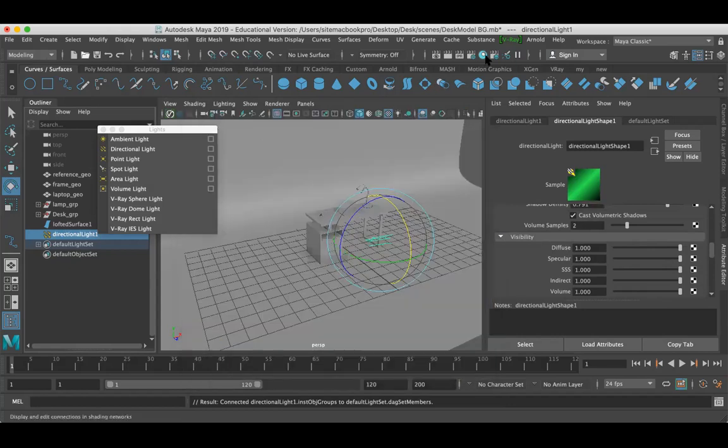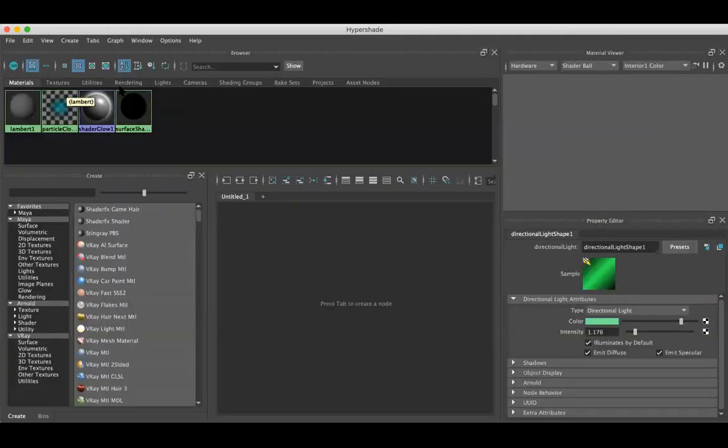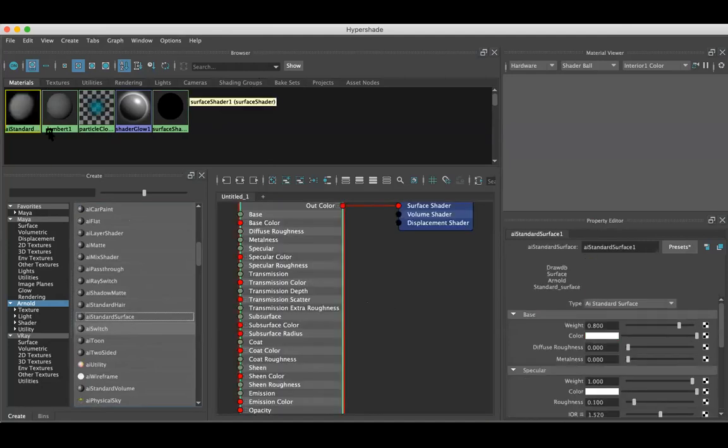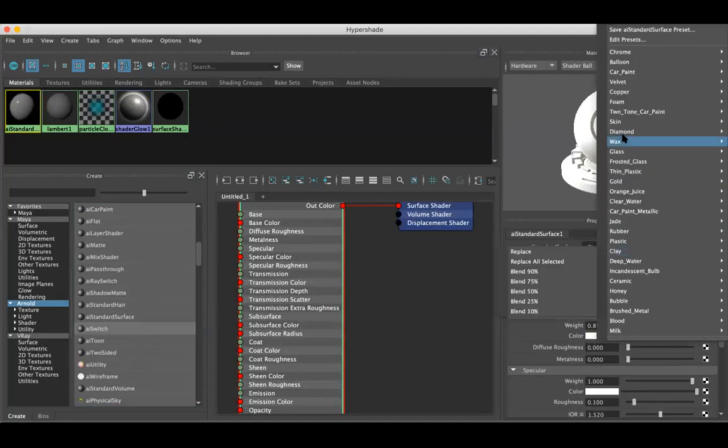For showing you these things, I'll just do something here. This is Hypershade, where we work with the materials. Guys, you will be learning these things in the modeling part. I will explain it to you, don't worry, but we are not going to work much with the shader and texturing part. We will be just working with lighting and rendering. So I'm just finding a shader called aiStandardSurface. I have created aiStandardSurface, and here I want to work with a preset, find some metal.